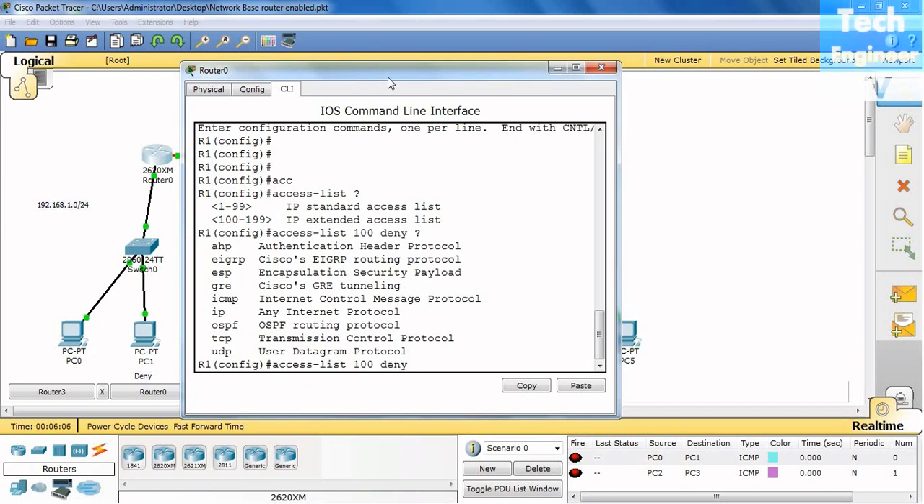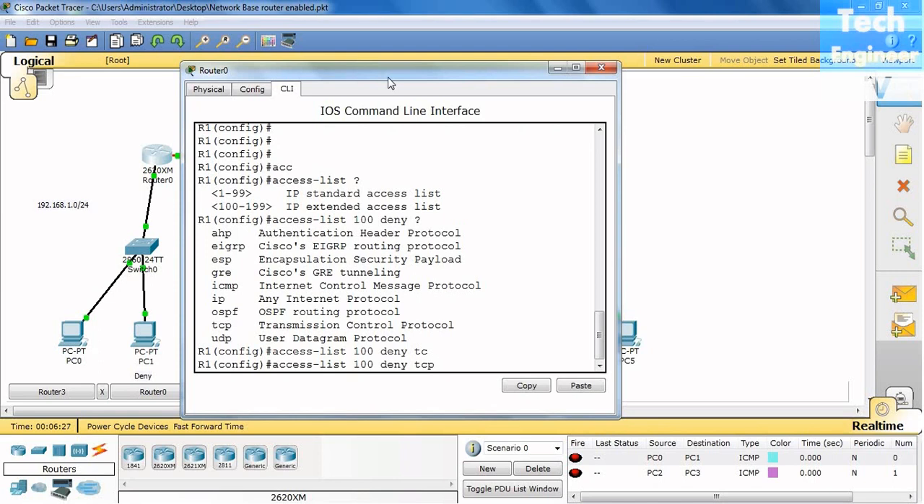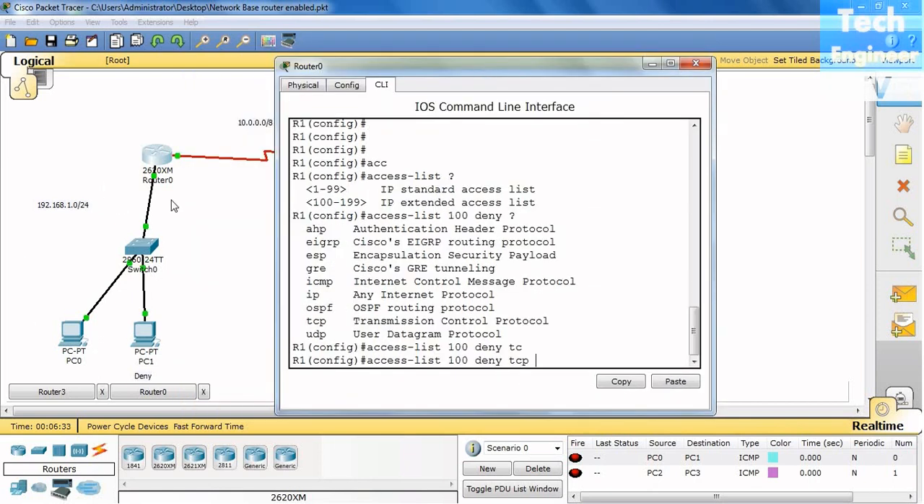You can see AHP, authentication header protocol; EIGRP, Cisco's EIGRP routing protocol; ESP, encapsulation security payload; GRE, Cisco's GRE tunneling; ICMP, internet control message protocol; IP, any internet protocol; OSPF routing protocol; TCP, transmission control protocol; UDP, user datagram protocol. Since we are blocking Telnet, we want to configure TCP. Now the IP of the particular network, for example, if you want to block a network,